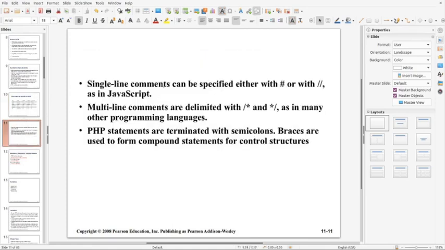Regarding comments within PHP, single line comments can be specified using a hash symbol or double slash, and multi-line comments can be used with slash star and star slash. All statements in PHP are terminated with semicolons, and braces are used to form compound statements or control structures.